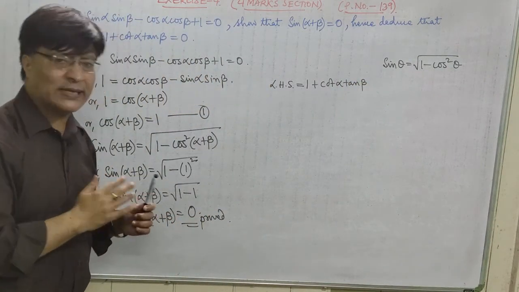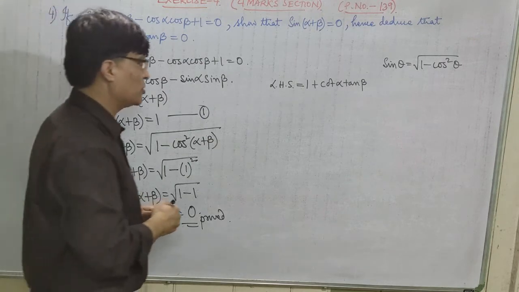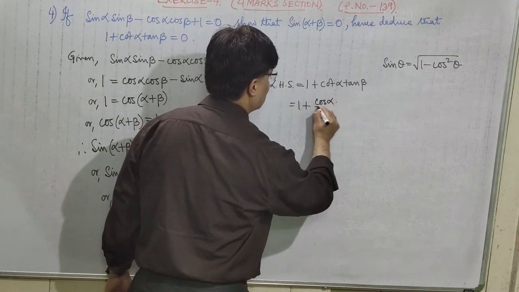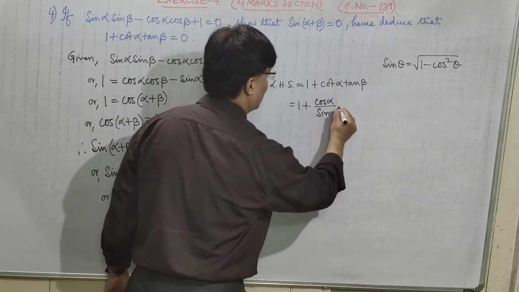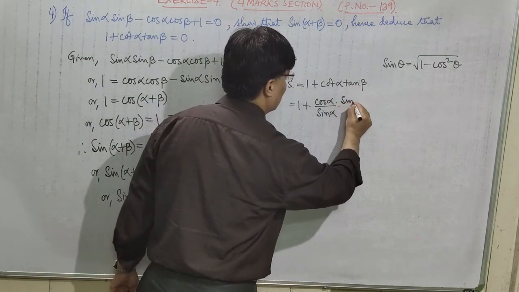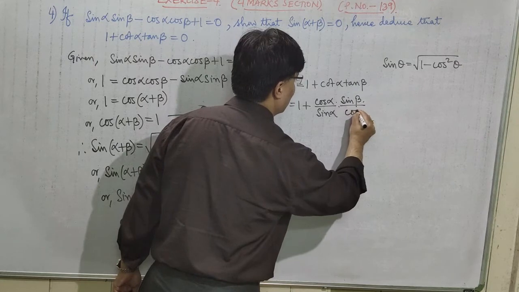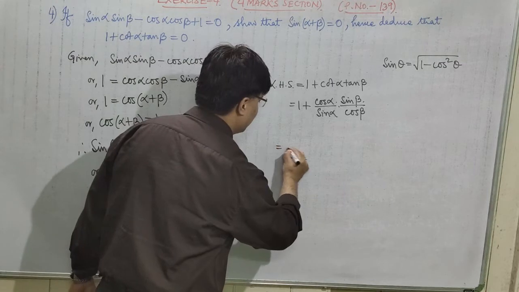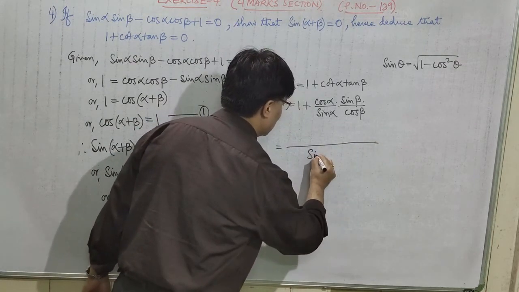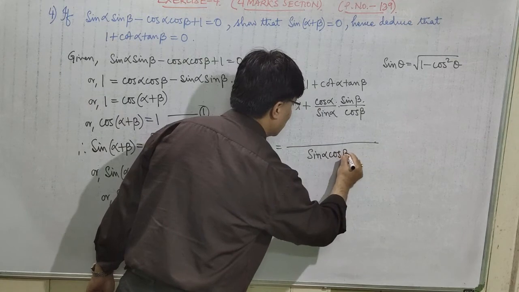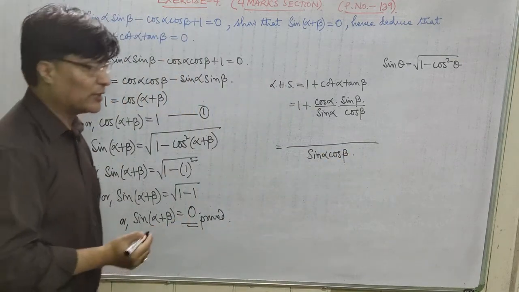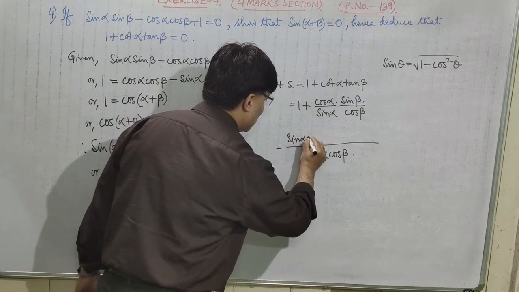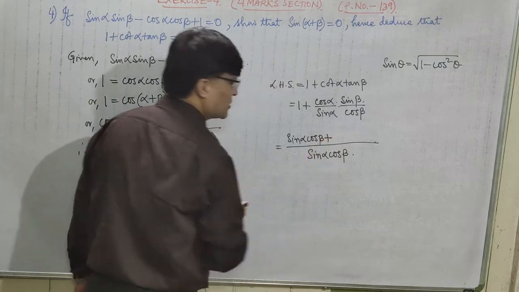So let us write this cot and tan in terms of sine and cos, and simplify it. 1 plus, what is cot alpha? This is cos alpha by sine alpha, into, what is tan beta? It is sine beta divided by cos beta. Okay? So let's take the LCM. What's the LCM out here? It is sine alpha cos beta. You know how to get the LCM, isn't it? So sine alpha cos beta into 1 is sine alpha cos beta, plus